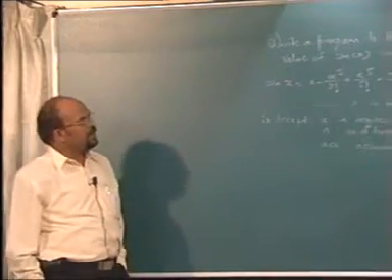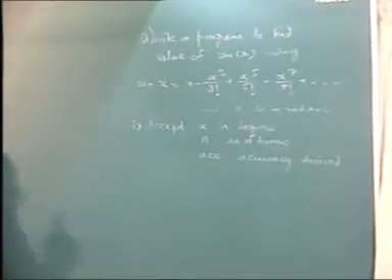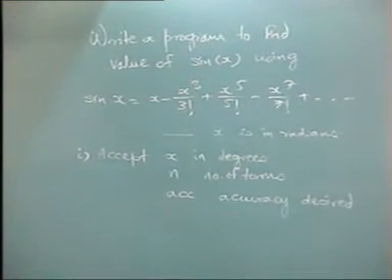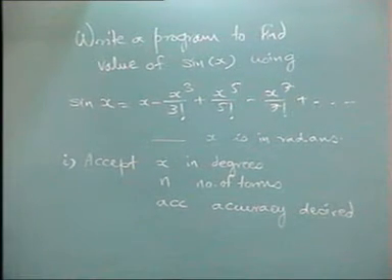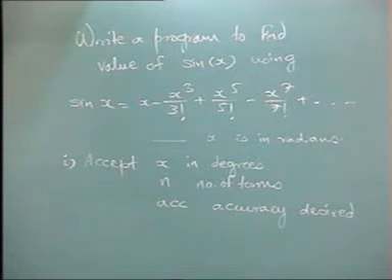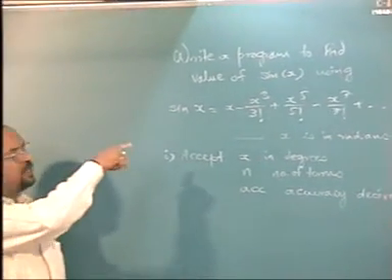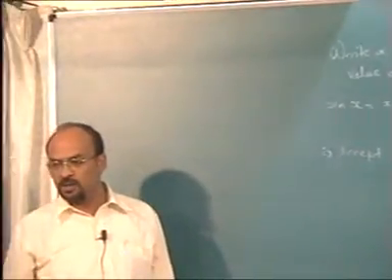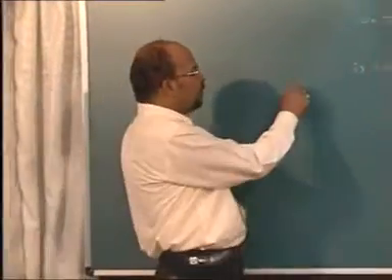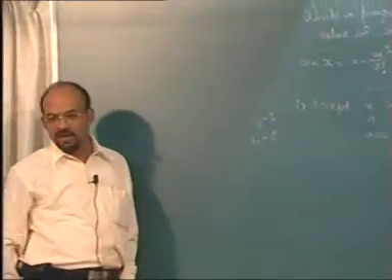What is happening is, whenever the angle is in radians, every term that we calculate will be diminishing. It will be becoming smaller and smaller, because it is some fractional value raised to power 7, power 9, power 11, and so on. So it will become a smaller value, and it will be of the order of 10 raised to minus 3, 10 raised to minus 5, minus 7, like that.